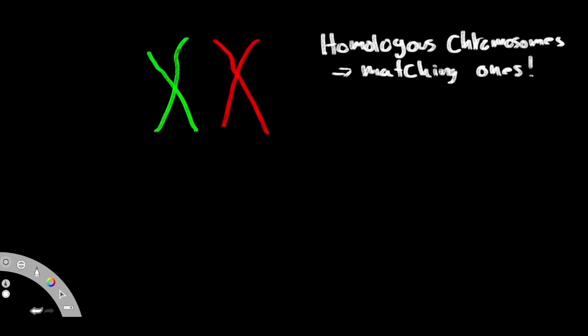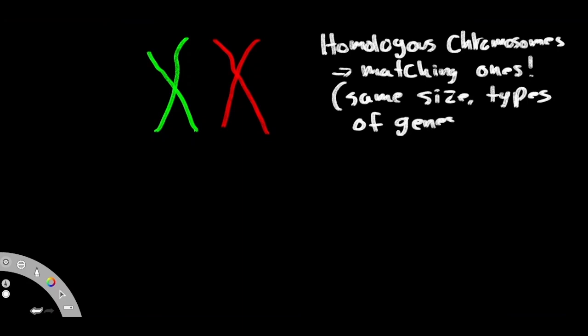So they have the same size, obviously, but then they also have the same type of genes. So obviously in the same locations, right? Remember we talked about loci in the previous video? So obviously they have to have the same type of genes because if this is about eye color, then this one